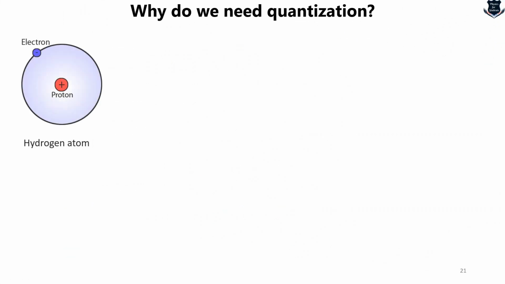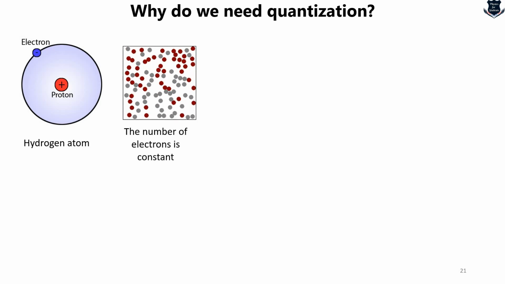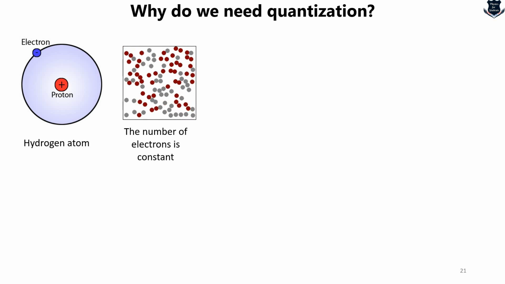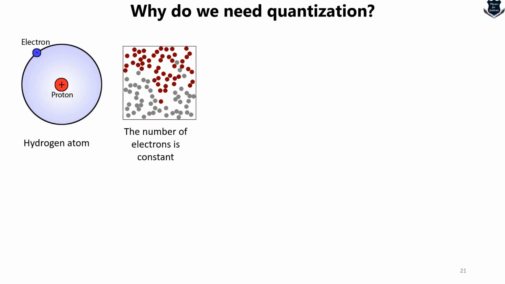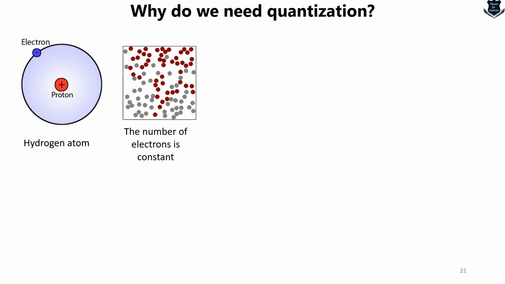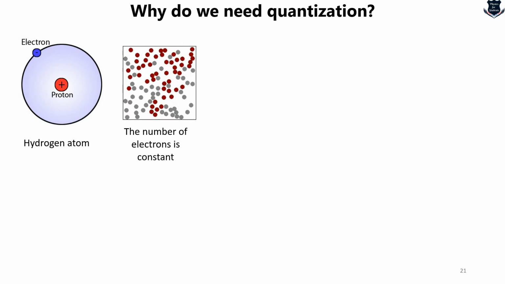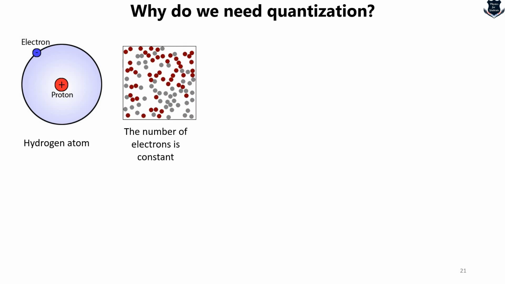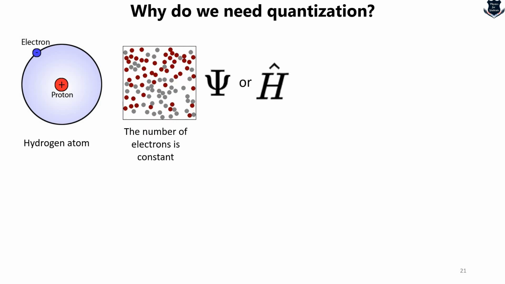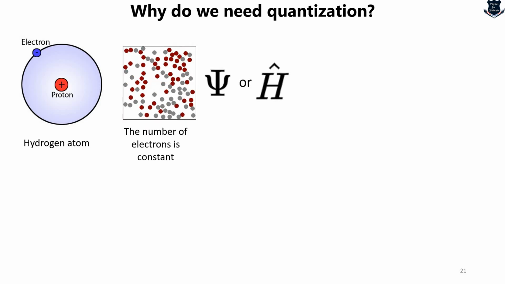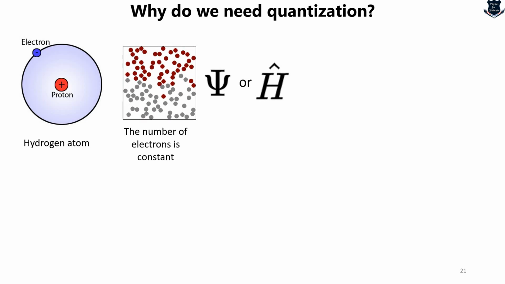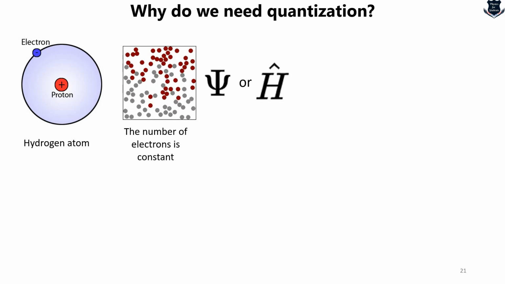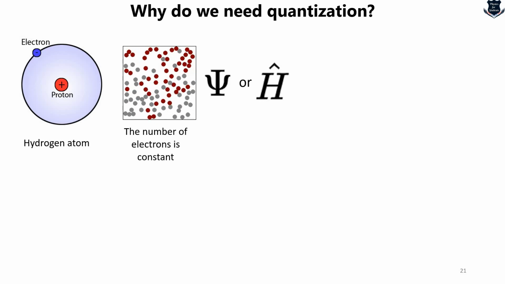Now, in quantum mechanics, we often deal with a system which has a fixed number of particles. For example, in a hydrogen atom, we consider one electron bound to one proton. This animation shows you that in a system of interacting electrons, like an atom or molecule, the number of electrons is also constant. And in such a system, how do we define this system? In terms of particle wave functions and the Hamiltonian, the energy operator. So it is either a psi or an H hat, which is the energy operator, which reflects interaction between a fixed